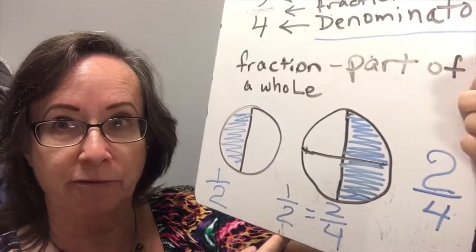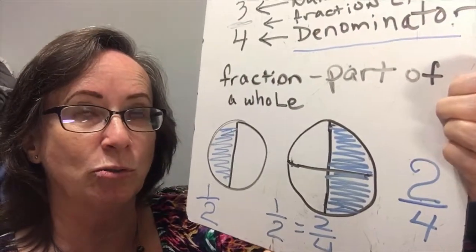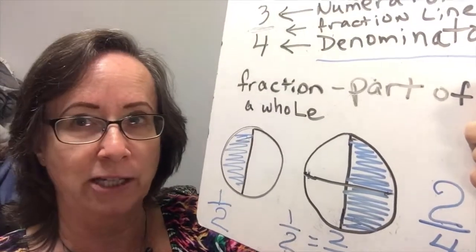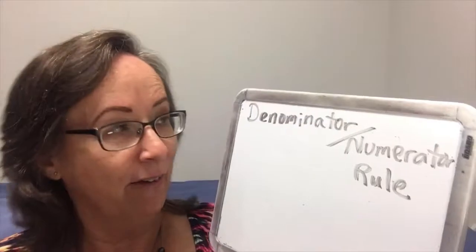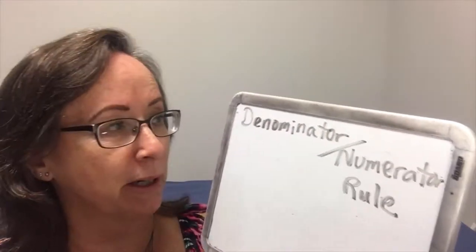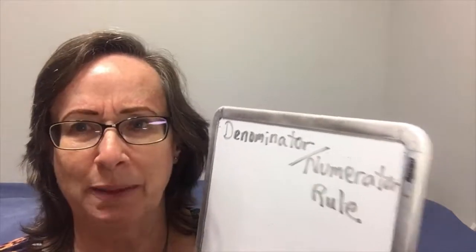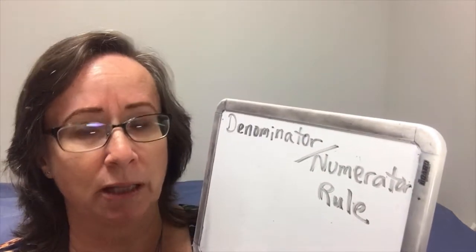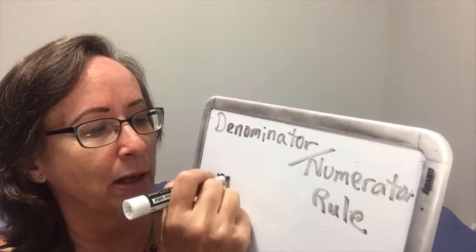So they are equivalent fractions, and now we're going to be talking a lot about how to change one fraction into another fraction that is equivalent. Okay, let's talk about something that your book calls the denominator-numerator rule. That's a really big name for a very simple rule. What the rule basically says is that we can multiply